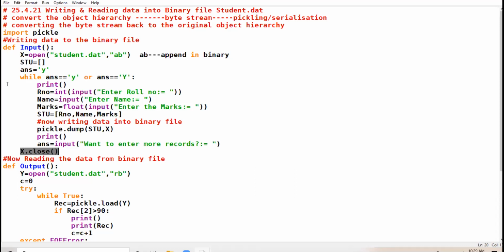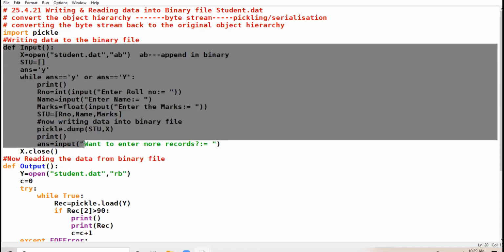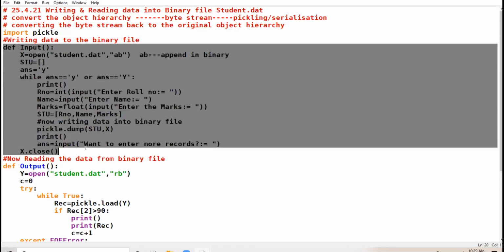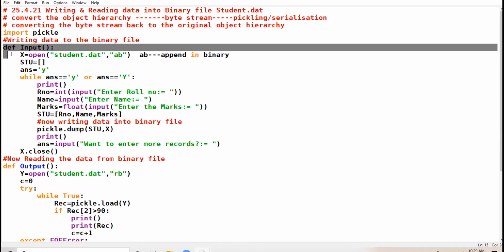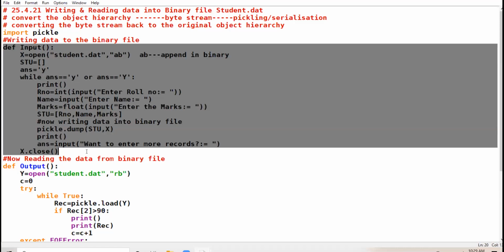Now this code which I have shaded will remain the same for any binary file program that is associated with a list or with a dictionary. In a dictionary there will be a little change. While writing the object there will be a small change, but if you are writing a list into a binary file, this code will remain the same for every question.